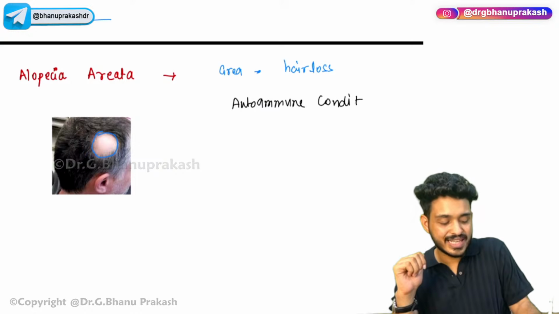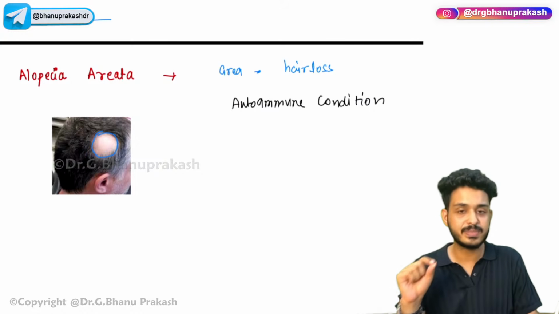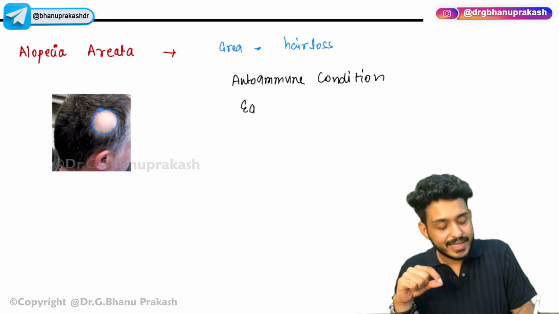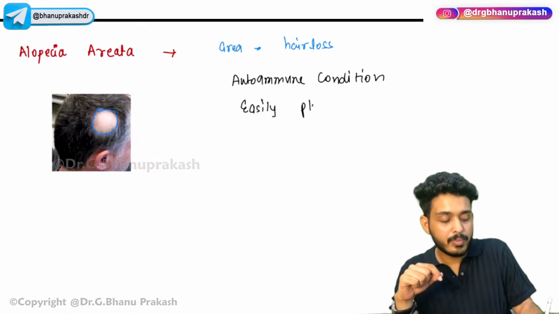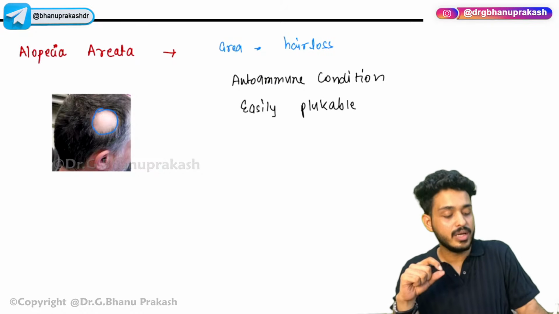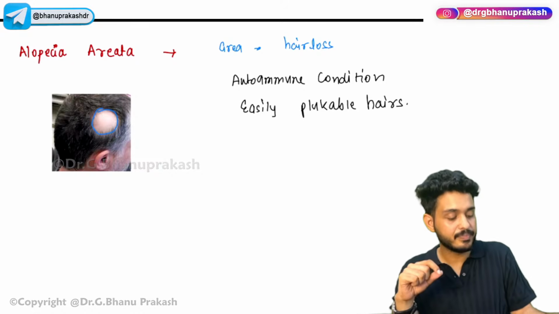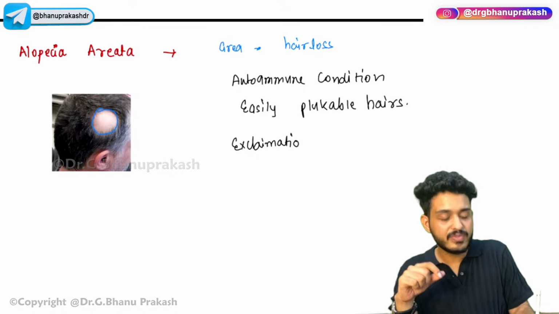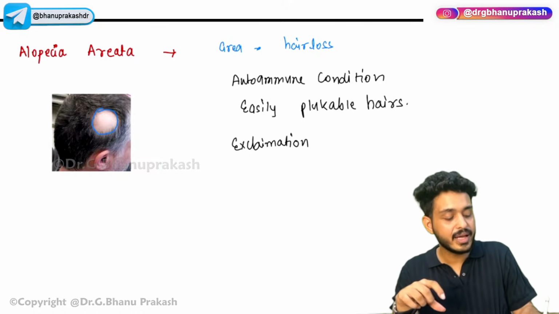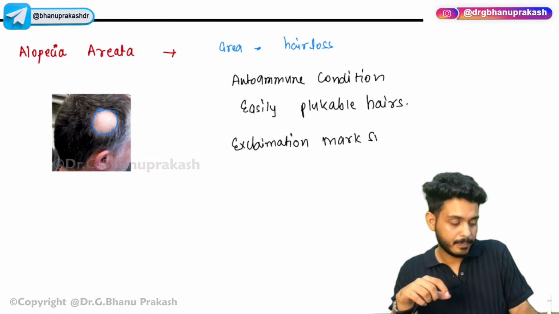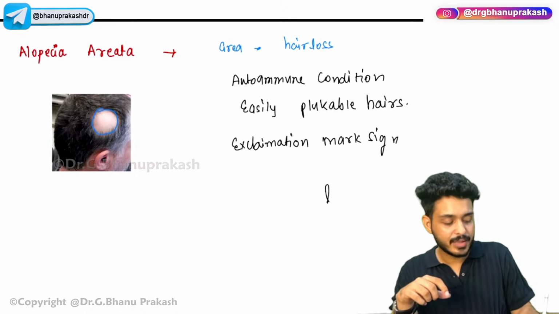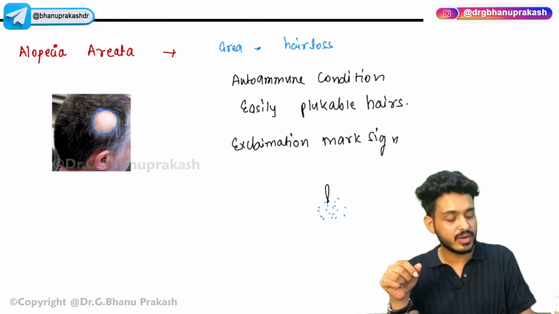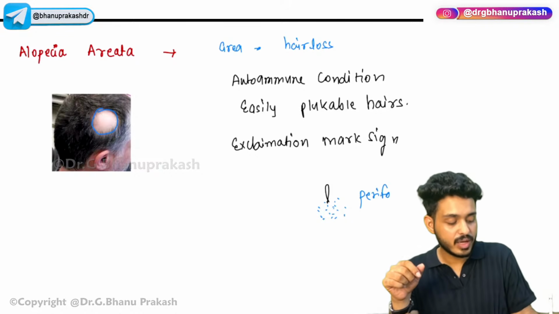What do you know about this alopecia areata? Multiple questions have been asked from this. You have to mug this up, right? You will be finding easily pluckable hair. Whatever important points, keywords I am giving you, easily pluckable hairs will be there. Exclamation mark sign you will be finding when you are removing that hair. That would be giving you this type of appearance, and around that mark sign you will be having that perifollicular